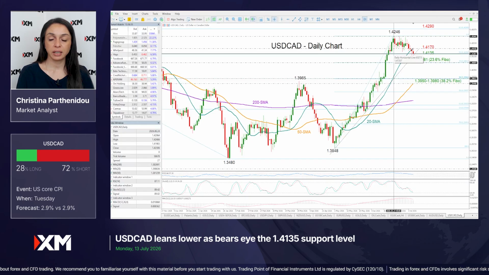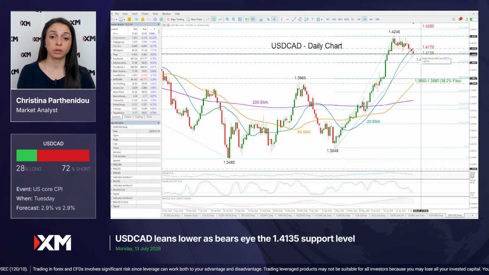So it will be a tough session for Kevin Warsh, and inflation numbers, particularly the core measure, will be closely watched as investors expect the core measure to remain steady at 2.9%, still above the Fed's 2% target. Those data could create some volatility in the US dollar.